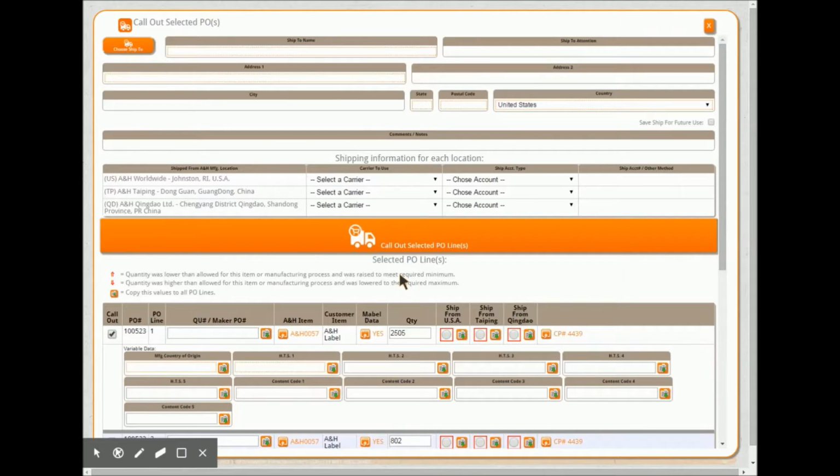From here, we're going to want to fill in all the required fields. Any field marked with an orange box around it is required. First thing we want to do is fill in our Ship To information. We can either fill in each of these boxes individually, or if we already have Ship To saved in the